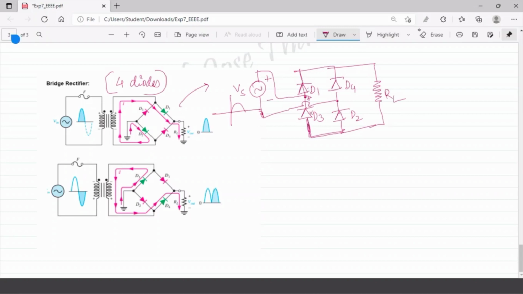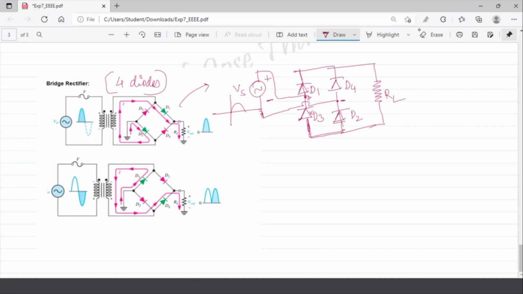This will be open circuit. It is reverse bias because positive is connected to cathode. D3 will be reverse bias. So D1 is forward bias, so this is turned on. What about this minus? This minus is connected here to this point. This is connected to cathode of D2, making it forward bias. That means this is turned on.